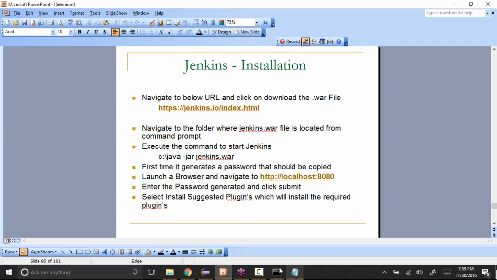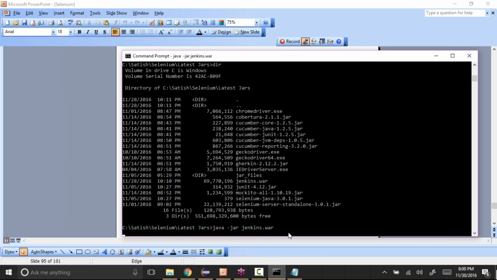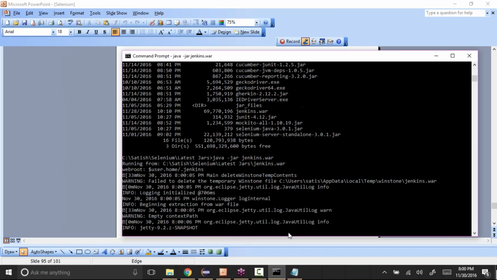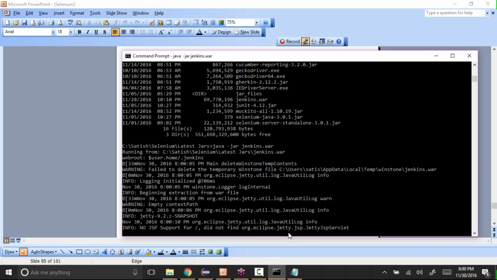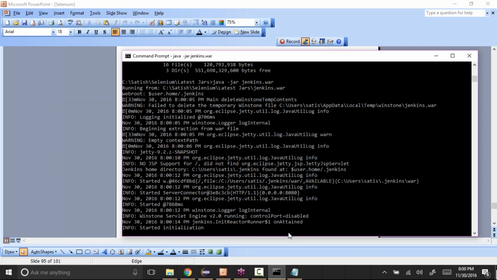How to do that is java hyphen jar jenkins.war. So all we need to do is java hyphen jar jenkins.war. Once you run this, it's going to start the server. See, it says started initialization.